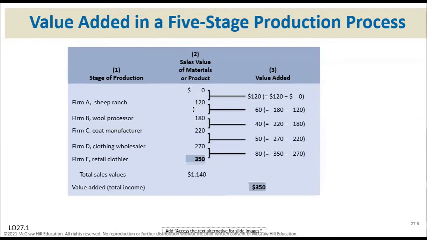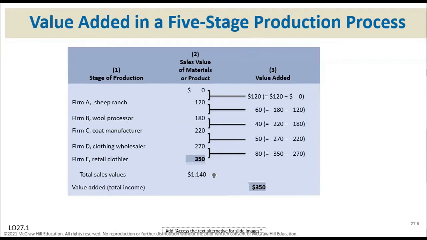If you go to the coat manufacturer, who has the final product at 220, they had to remove the money they spent to purchase the raw material from the wool processor and process it to that stage. So adding the value added, you see that the value of the final good is still $350,